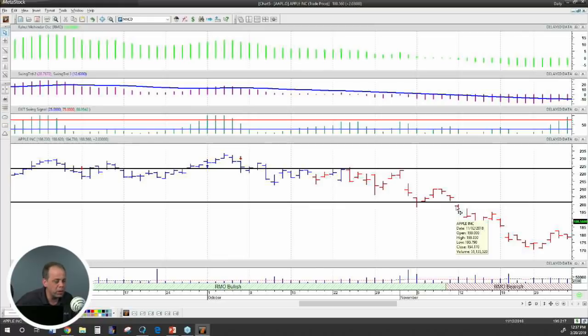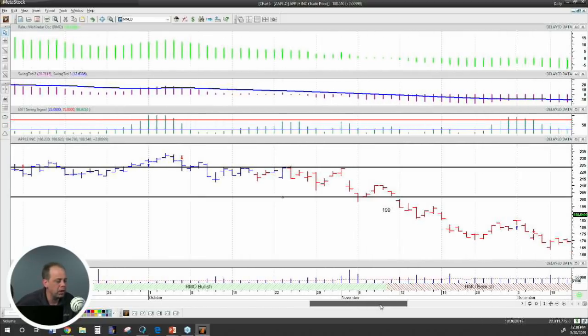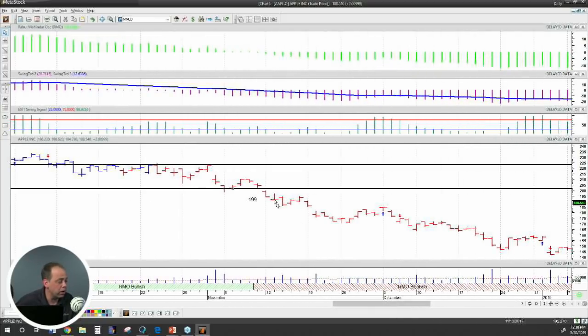The next morning it opens and we get in pretty close to the open at 199. Okay, so I'm going to write that on here on the chart so I don't forget it later. 199. Okay, that would be our entry price. Because again, we can't get in if it gaps overnight. If people aren't buying it at this price, we'd have to get in where we can get in, right? So we'll say we can get in at the open. Okay, the stock continues to move down.